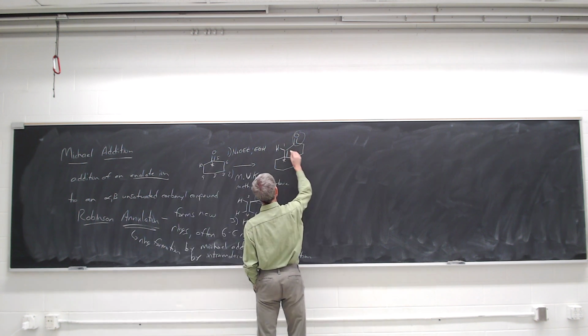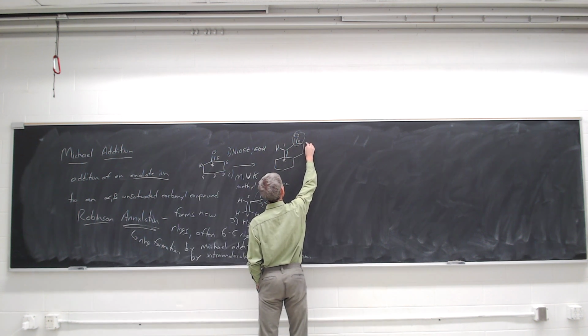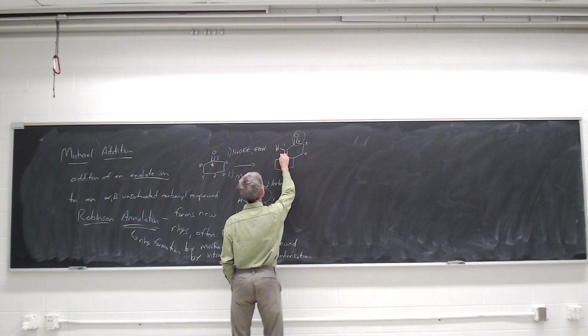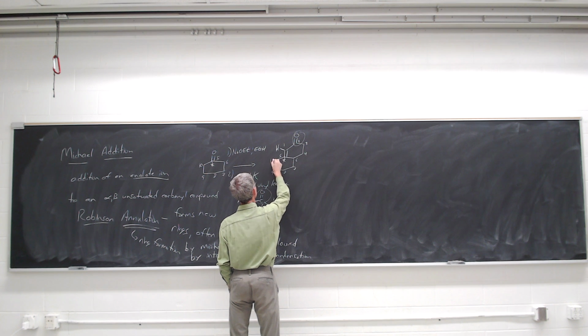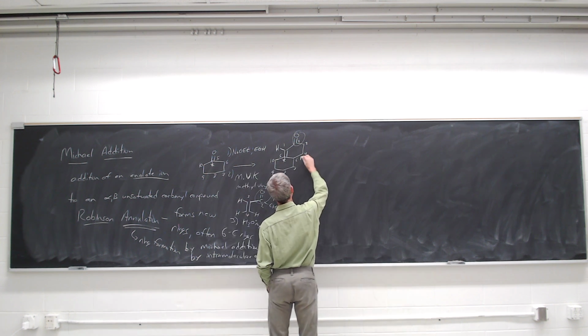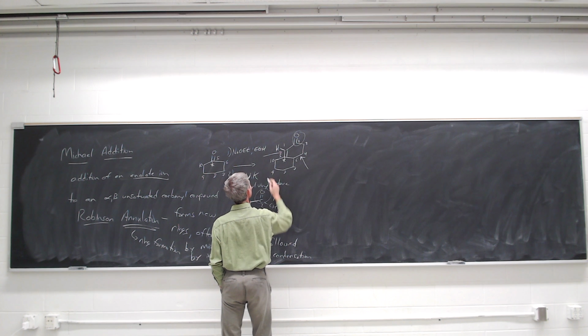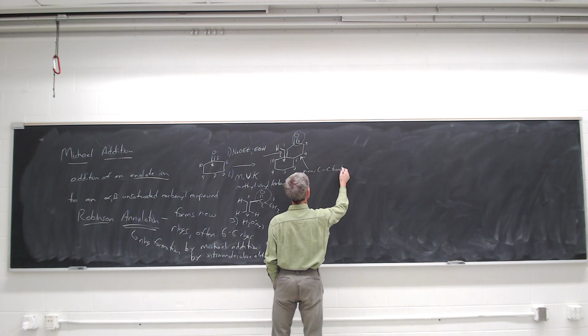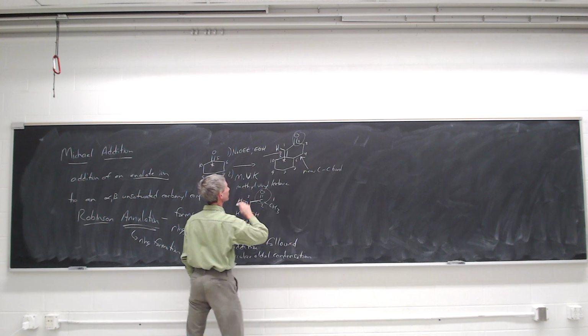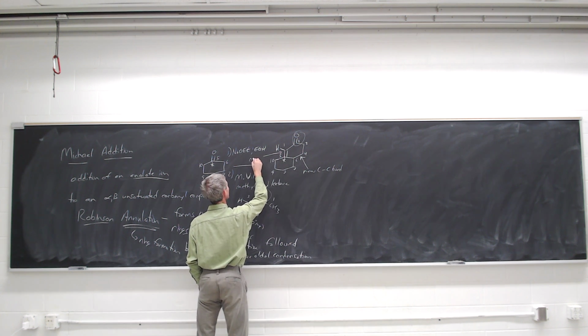Carbon 1 is here. 2, 3, 4, 5, 6, 7, 8, 9, 10. So my new carbon-carbon bonds are in fact this one between carbon 4 and carbon 6, and this one,